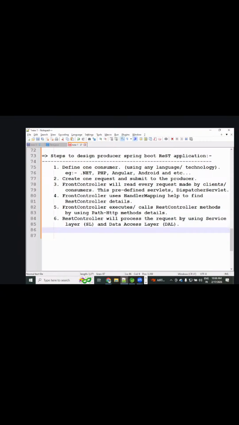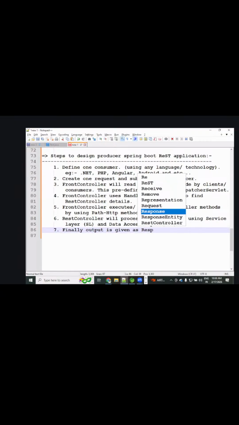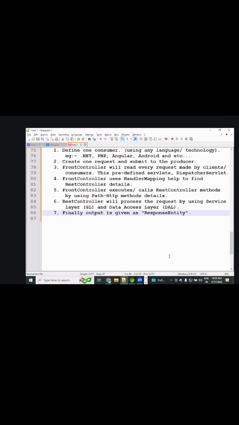Okay. Step number 7. Finally, the output is given as what? Response entity. Okay, that returns back.